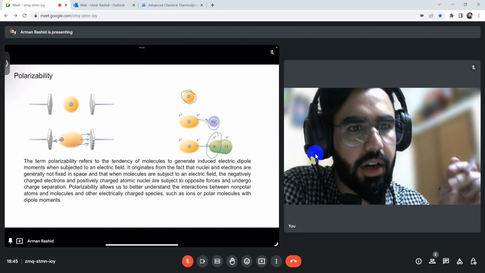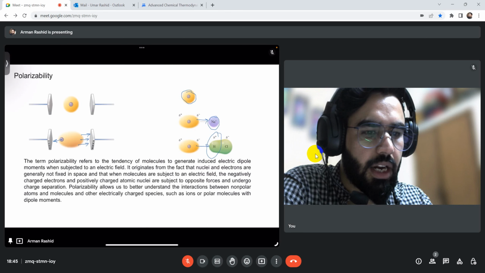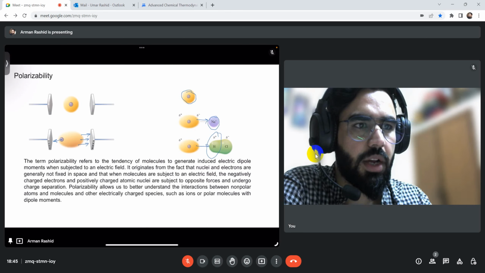Now, polarizability plays a very important role in intermolecular interactions. It is because of polarizability that we see dipole induced dipole interactions, or induced dipole interactions, or London forces or dispersion forces. They occur because a particular ion or charged particle is able to create or generate polarization on another charged particle. Because of that polarization, they will attract or repel according to what charges are generated. Now, as I have shown here,